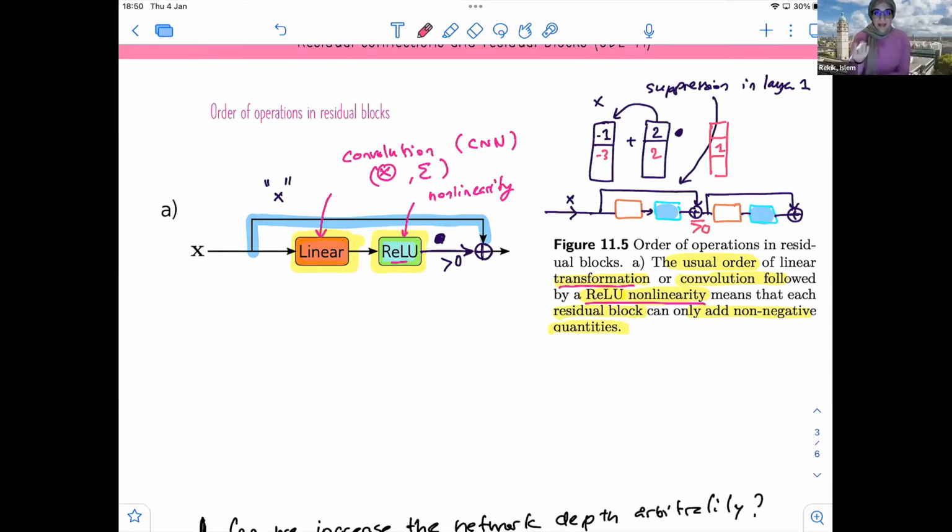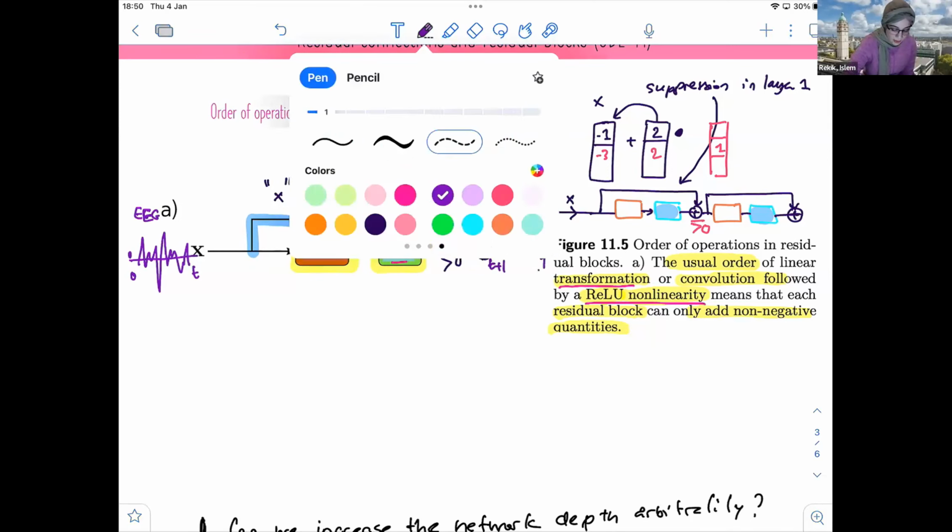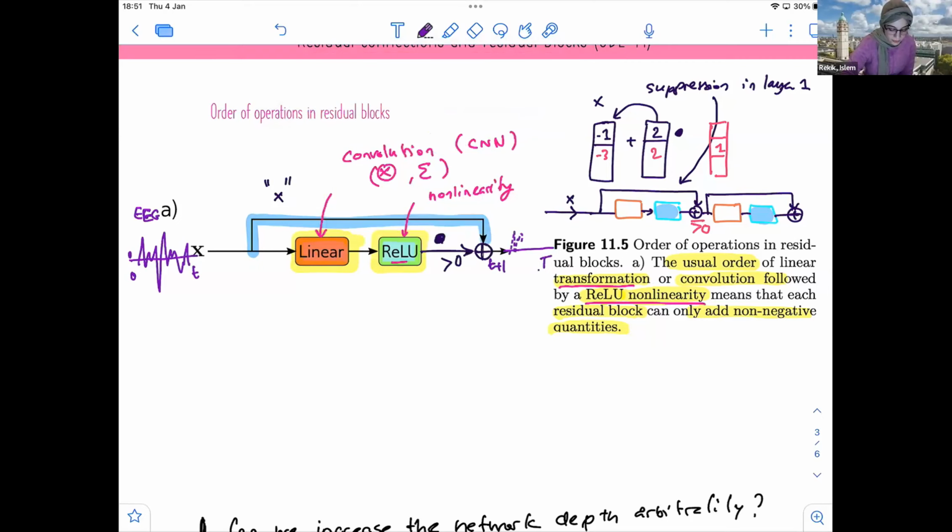So this is a problem if we have negative data and we want to predict negative data. So for example, let's say you have a signal here that has negative and positive values. So like, for example, an EEG, okay? And this is 0, and you want to predict the sequence, so this is from 0 to t, and you want to go from t plus 1 to big T, right? So to do this kind of prediction, your model needs to predict both negative and positive values, all right?